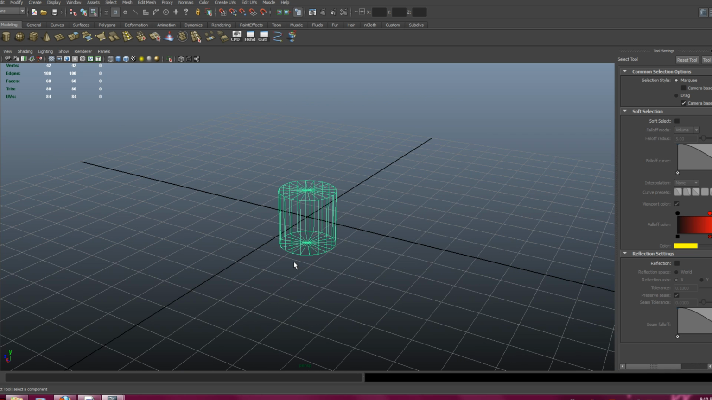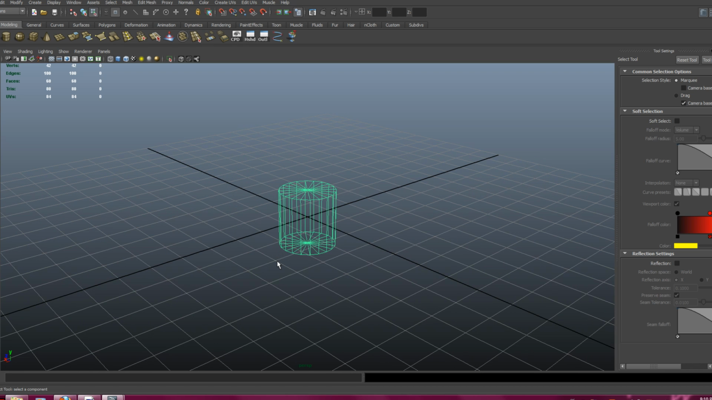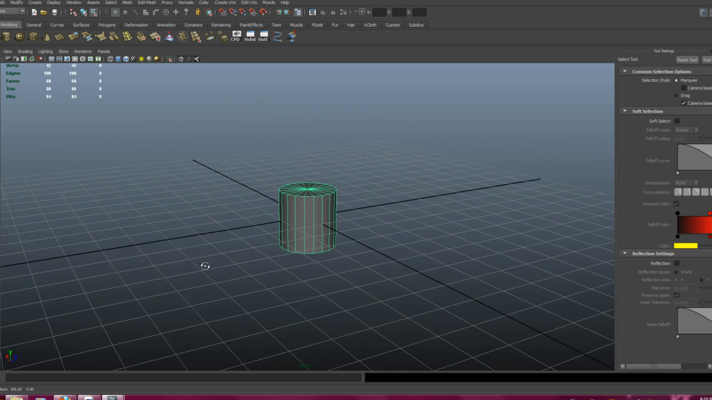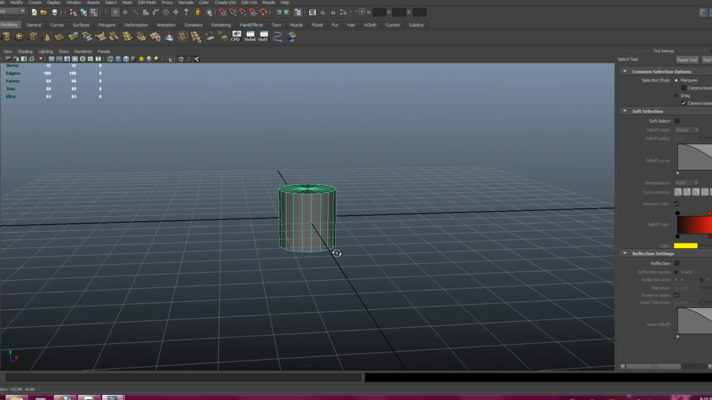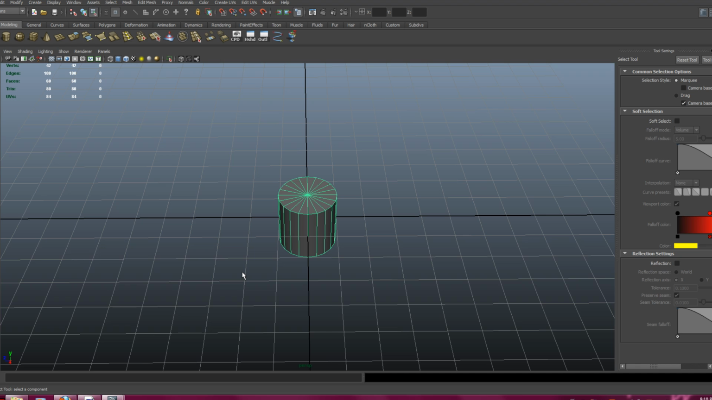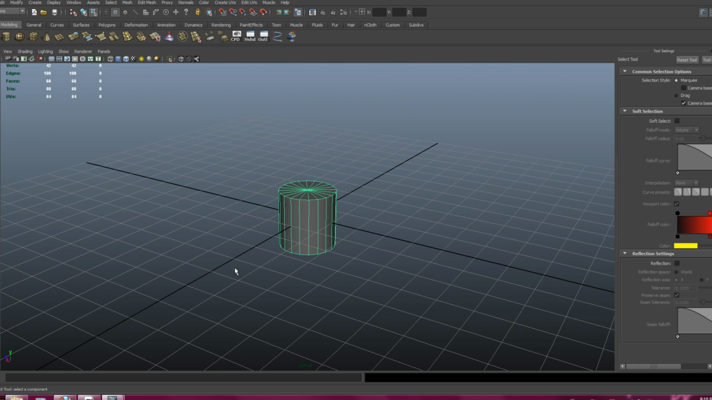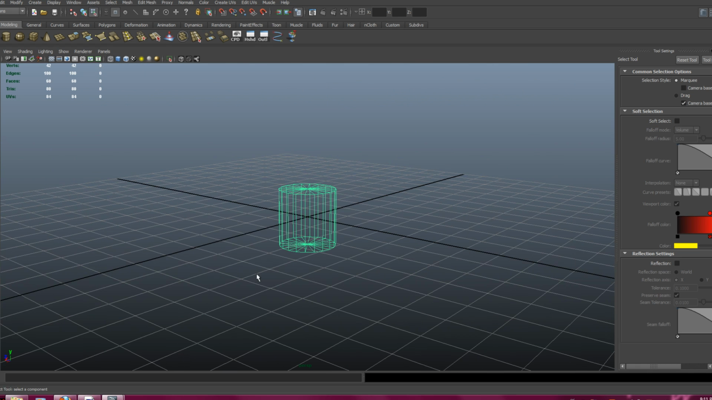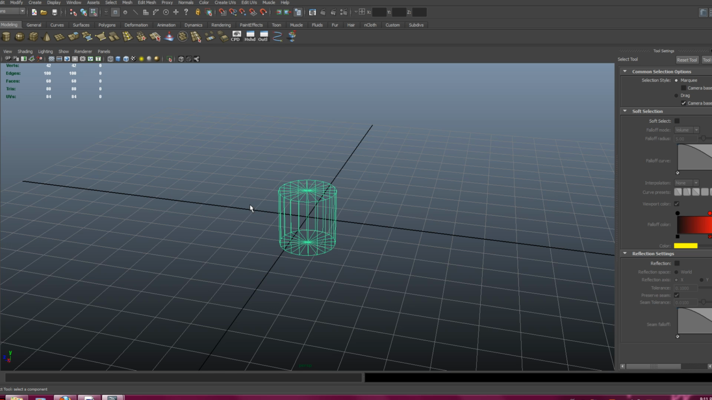If you want to see a shaded cylinder, you press F, which shades your objects almost as if the material's on them, or you can leave wireframe. I'm just going to keep wireframe for now, and so we'll start